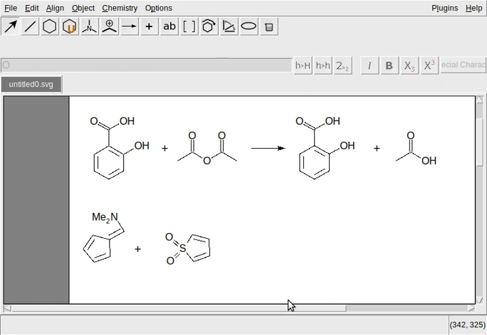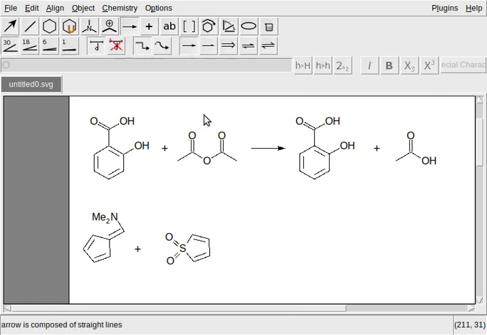Then this fused ring is to be formed, but before that, the arrow sign. This arrow is too long. You can shorten it. Just a minute. By pressing the left arrow key of the keyboard, we can shorten this arrow. It looks too long. Now this fused ring compound we need to form, where one ring is 7 membered: 1, 2, 3, 4, 5, 6, 7, and one is 5 membered. Let us see that.